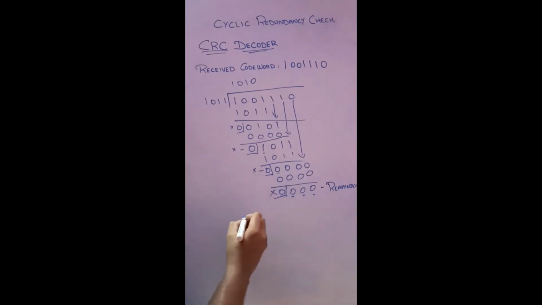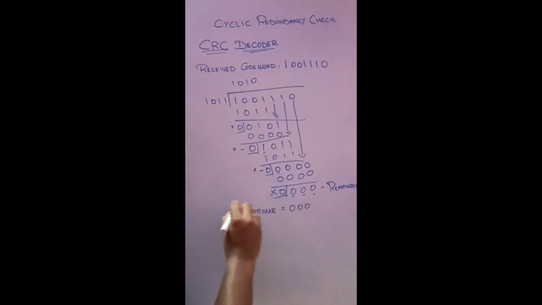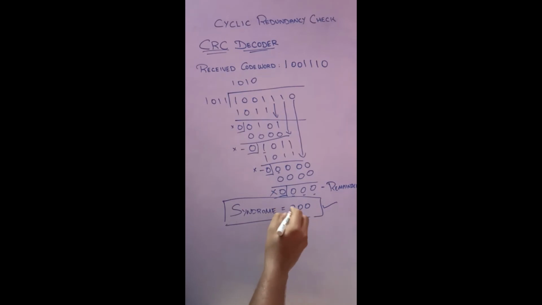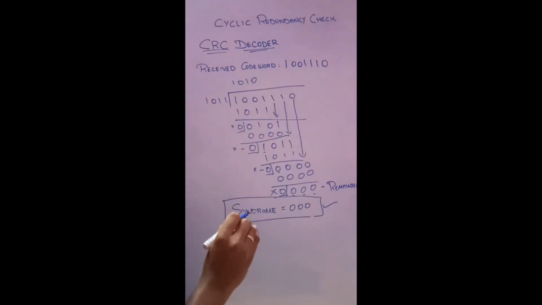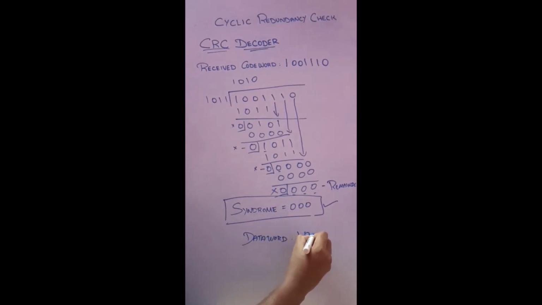This is what we call a syndrome. So the syndrome while performing the CRC decoding process is equal to 0 0 0. If this remainder is 0 0 0, it means the actual received code word is not corrupted by any noise or any errors. So the original data word 1001, after removing the augmented bits, can be accepted by this